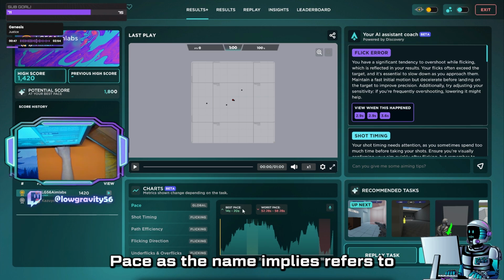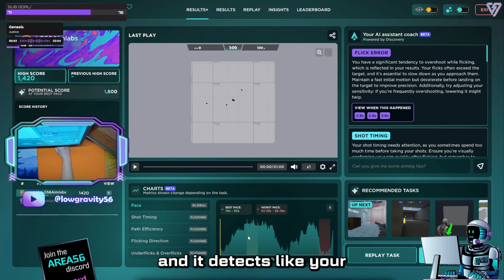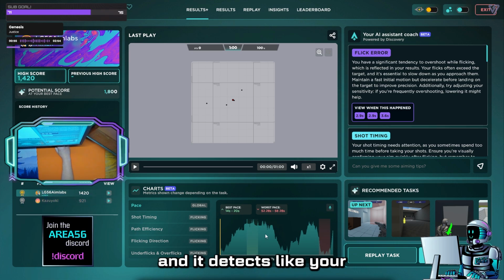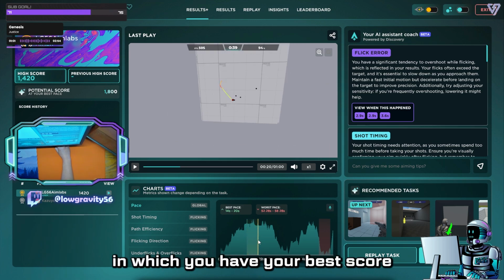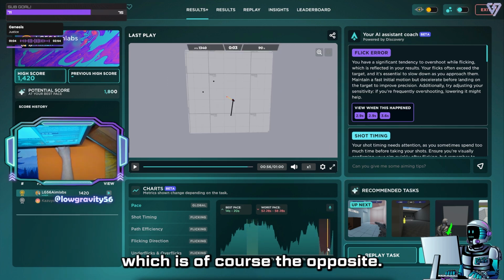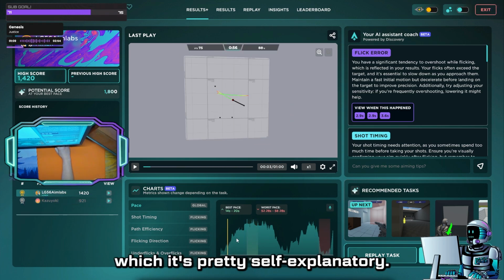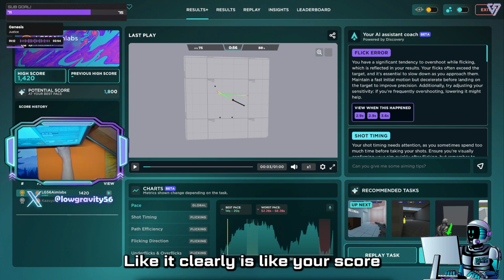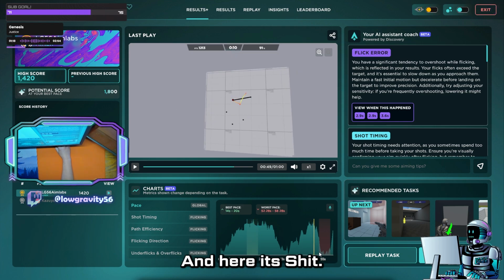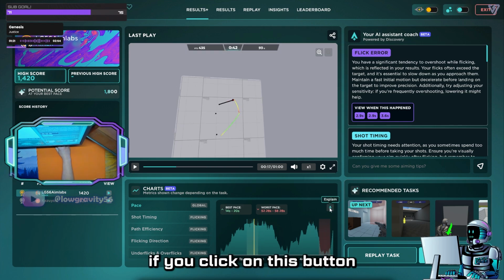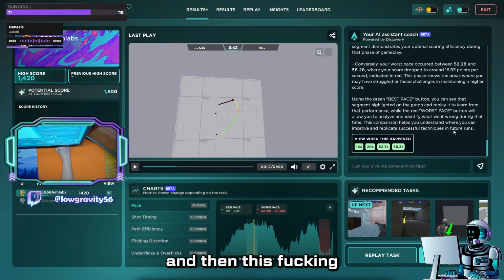Pace, as the name implies, refers to your score during the whole run, and it detects your best pace, which is the 6-second window in which you had your best score, and your worst pace, which is of course the opposite. But that's not all. In this metric, it's pretty self-explanatory: your score is more stable here, and here it's bad. If you click on this button, which has the discovery icon, and then